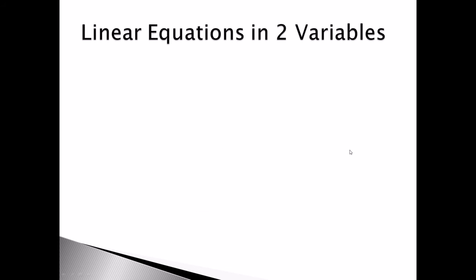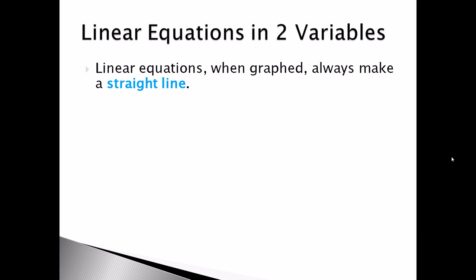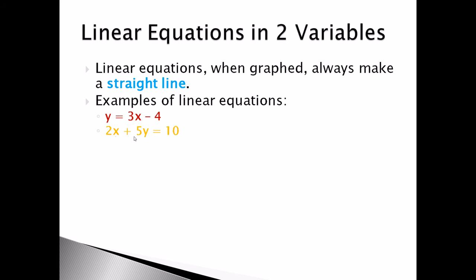All right, to get you started, what's a linear equation with two variables? Well, for starters, a linear equation, when graphed, always makes a straight line, which is a great clue if you start graphing points and it's supposed to be linear and the points are all over the place. Yeah, something's wrong. Examples of linear equations with two variables are this: y equals 3x minus 4, 2x plus 5y